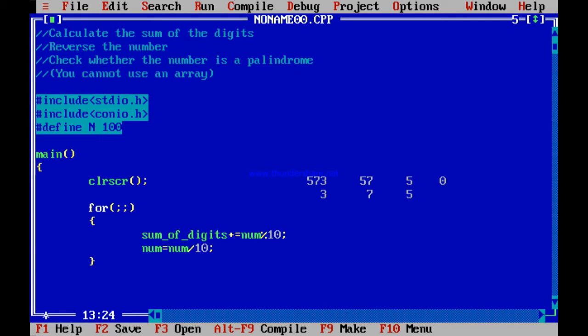Then again I go to the start of for loop. Number % 10, 5 % 10 is 5. 5 is added to sum of digits. Then again number by 10, 5 becomes 0. So I will have to go out now. So a necessary checking needs to be done, that number does not become equal to 0. Is not it so? Well, once number is equal to 0, I will have to go out. So I think you understand this.